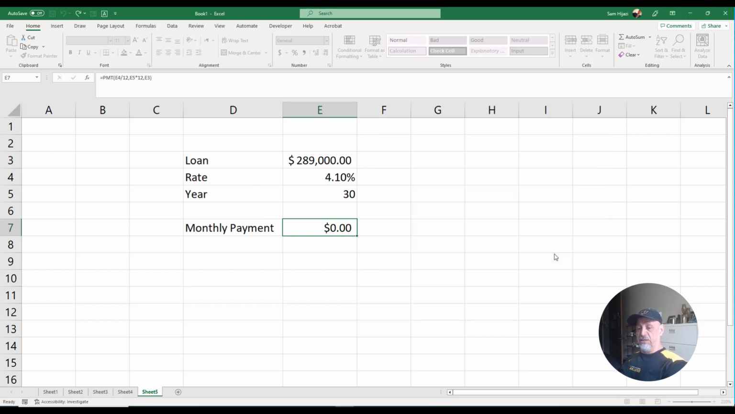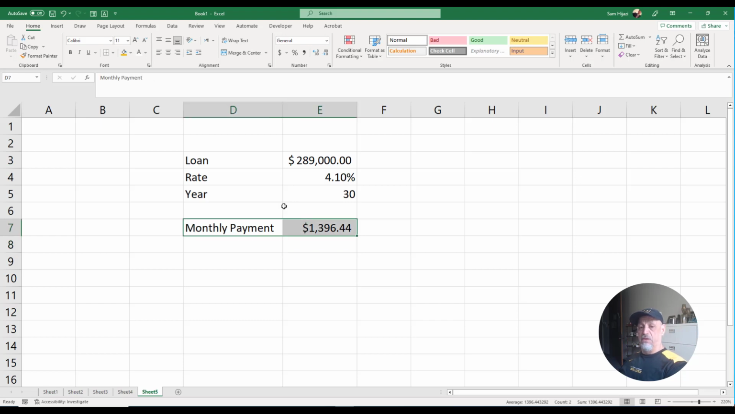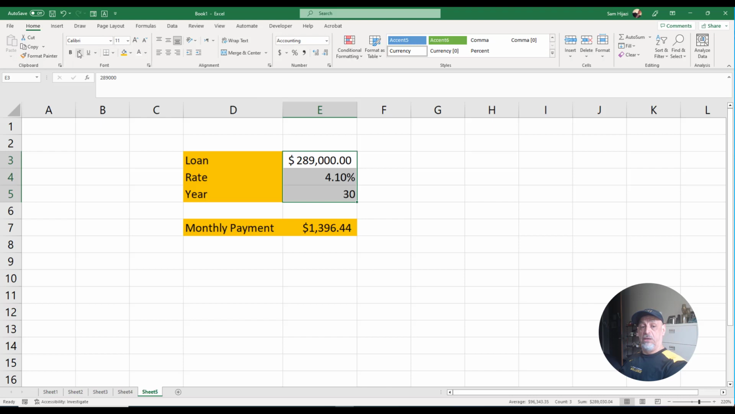So let's see what we're going to get. We're going to pay $1,396.44 for the next 30 years. Of course, as you notice, Excel returned the value as a negative because it's a debt, so we're going to put a minus in front of the function. Minus multiplied by minus gives us a positive, and this is my monthly payment. So this is my loan, the rate, and every other piece of data, and now let's look at how to find out the amount of interest that I'm going to pay over the next 30 years in order to pay the